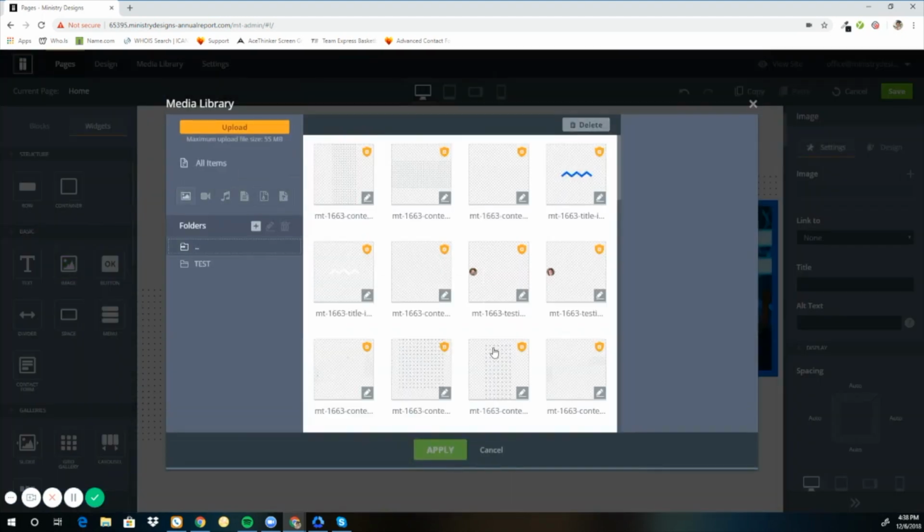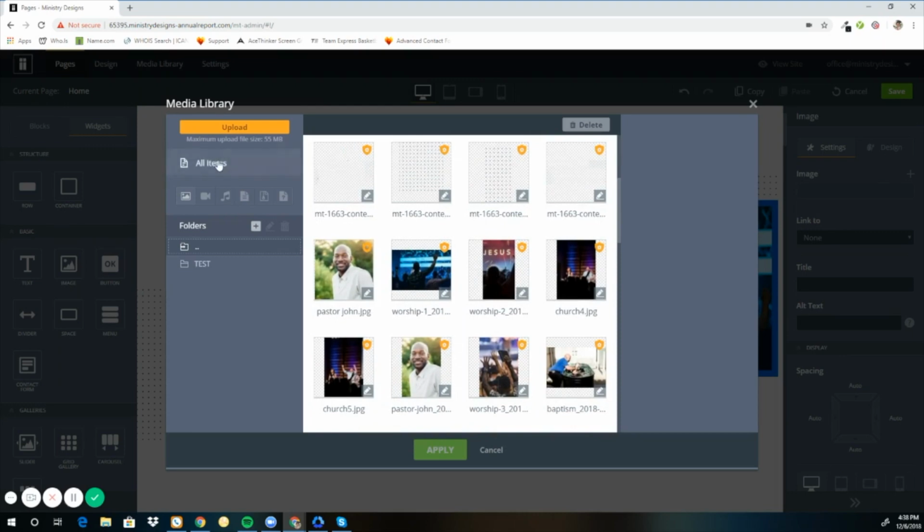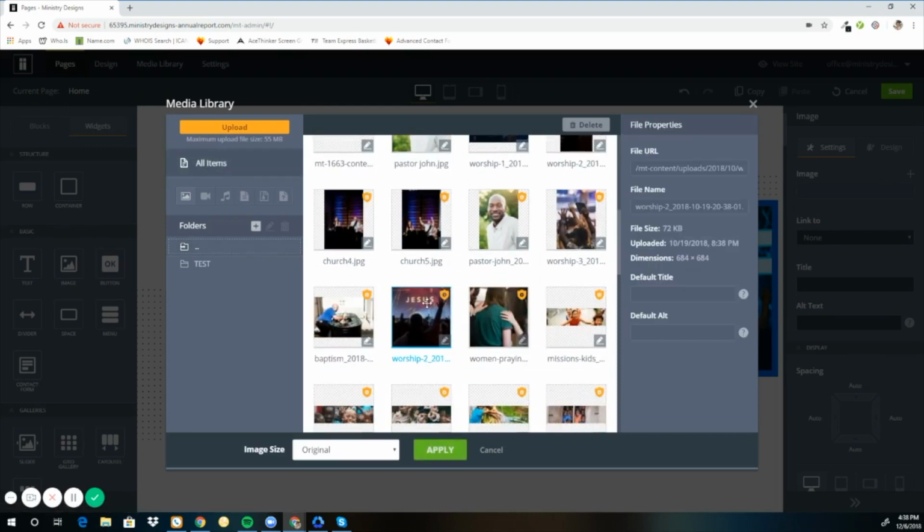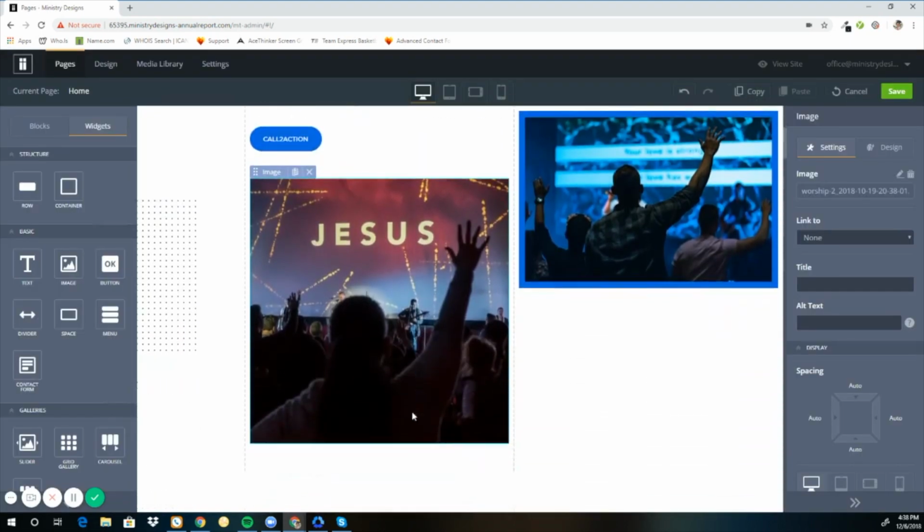And upon releasing your mouse, once again, the media library pops up, and we can even choose all items to find a good image to upload. We'll go ahead and choose this one here. Now I see that this image has been uploaded to the builder. And if I click on the image itself, I can head to the content menu on the right, where I